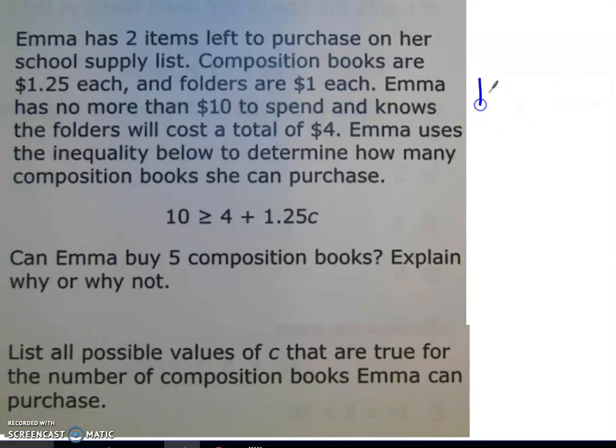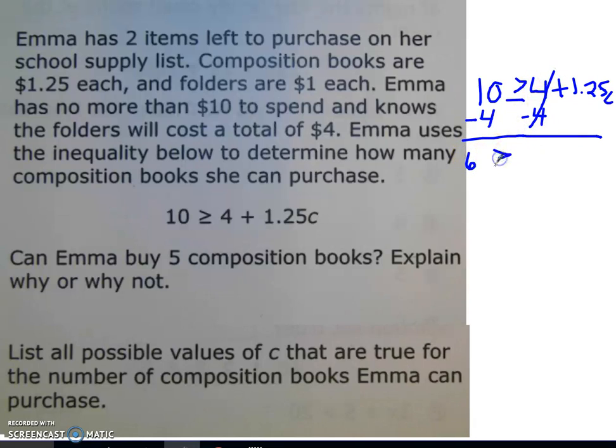Well, we have the inequality. 10 is greater than or equal to 4 plus 1.25c. Well, we have to get rid of the 4, so we are going to subtract 4. This is going to cancel out. We have 6. And then we have 1.25c. The 1.25 and c are multiplying. The opposite is dividing. So when we divide by 1.25,